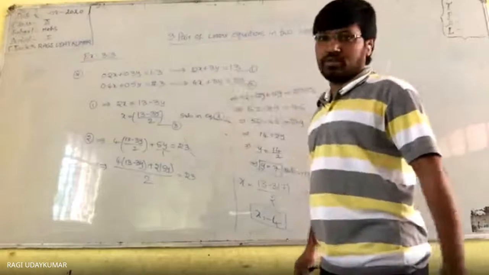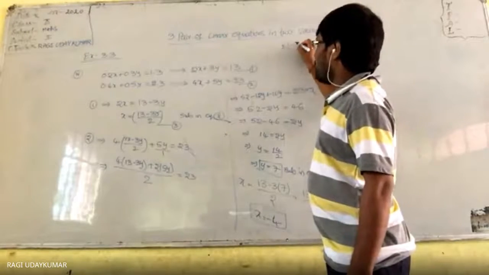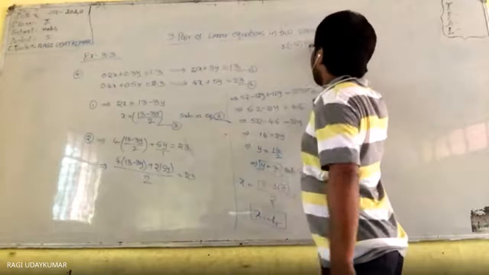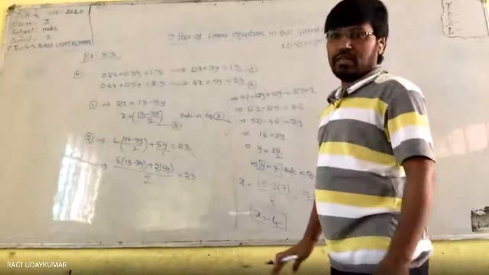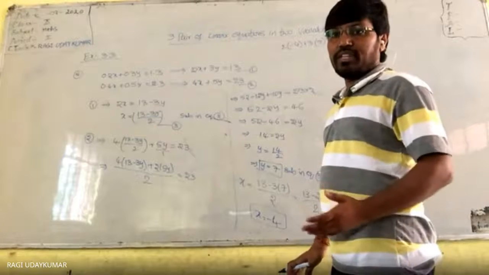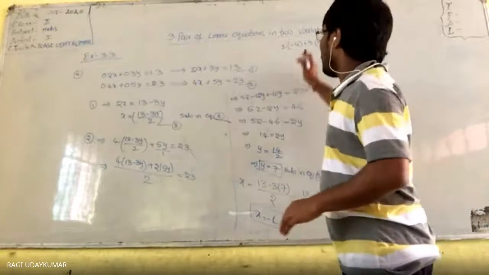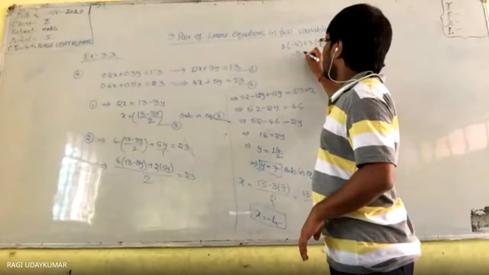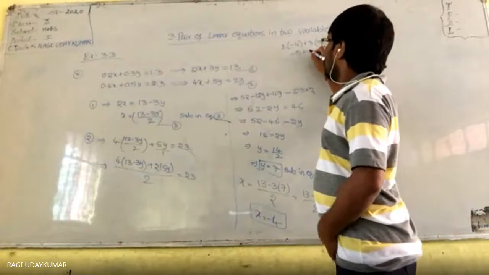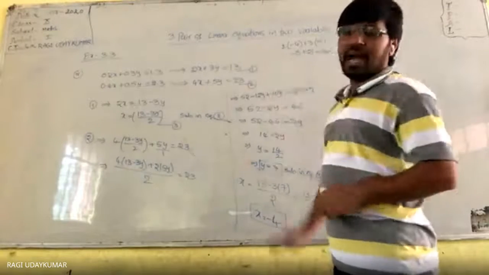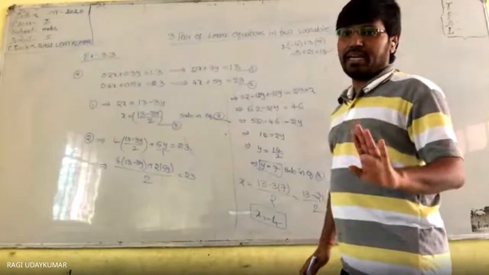इसमें सब्स्टिट्यूट करो. 2 इंटू -4 प्लस 3 इंटू y वैल्यू क्या है? 7. ये कितना आना है? How much we need to get? We need to get it as 13. तो 13 आना है. -8 प्लस 21. -8 प्लस 21 कितना है? 13. ये आ गया बोल के ये सही है बोल के नहीं मानना है.